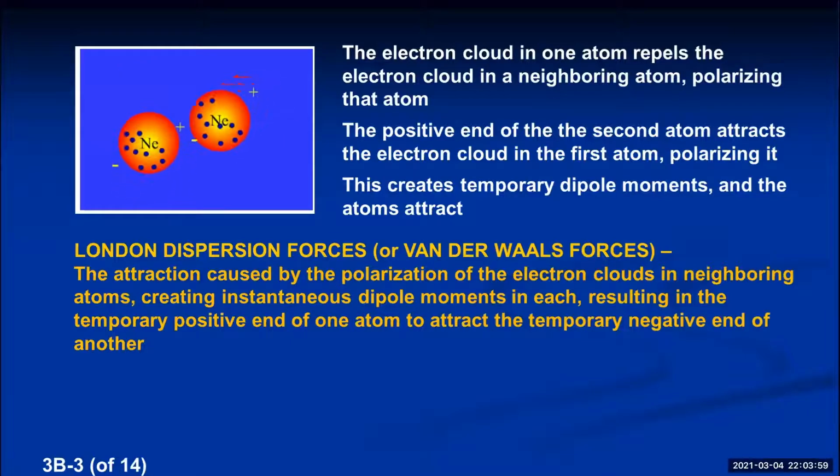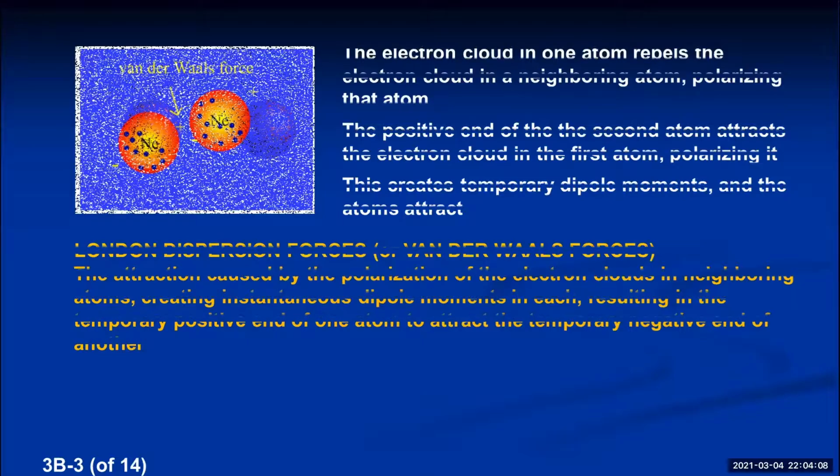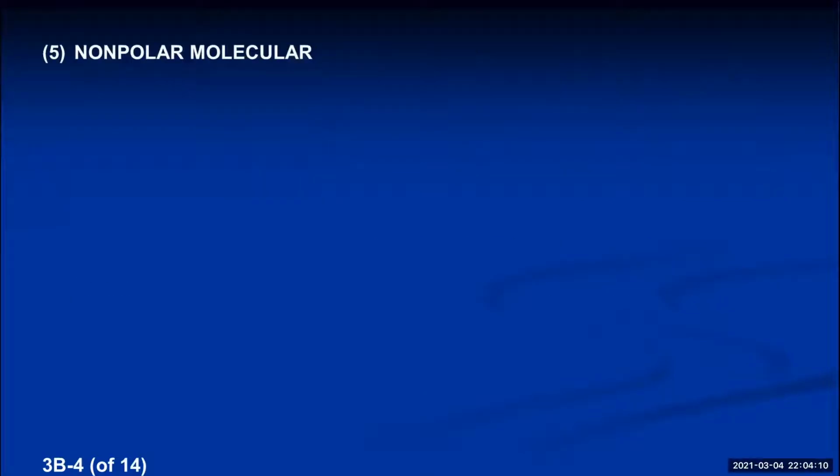Well, first, it's going to depend upon what type of molecules there are. Are they polar molecules or are they nonpolar molecules? Because they actually behave differently. So let's talk about nonpolar molecules first, okay? So a nonpolar molecular substance is any matter that's composed of millions and millions of nonpolar molecules.